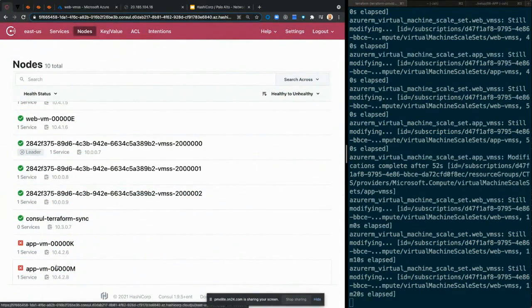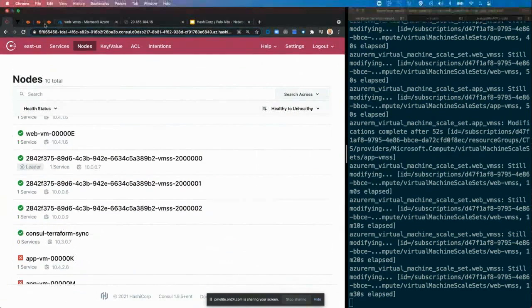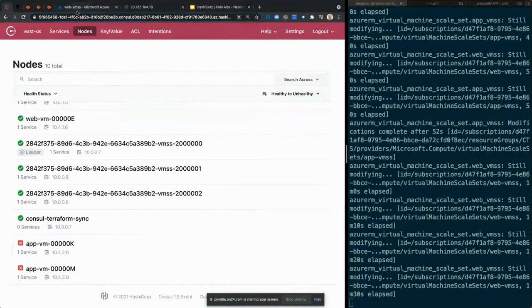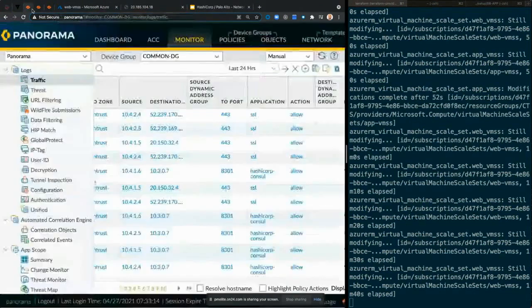Mangara, sorry to jump in. Something I hadn't thought of before: because the Consul servers are also in the cluster, we could actually automate the creation of those policies for the Consul communications as well, as you just identified, and have that dynamically managed as just another option. I hadn't really thought about that one before.